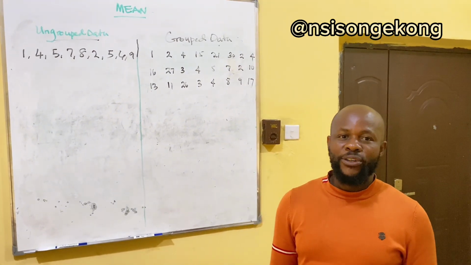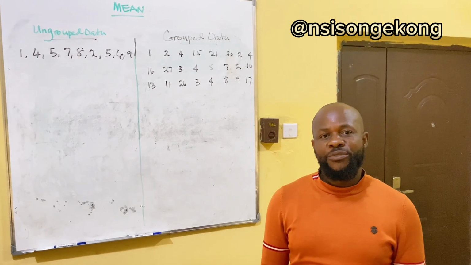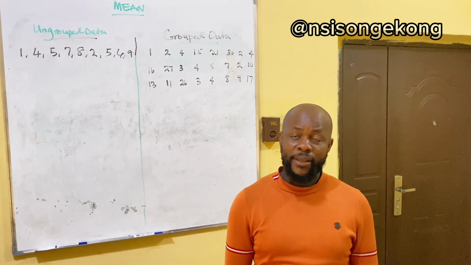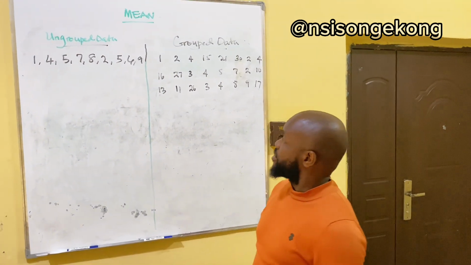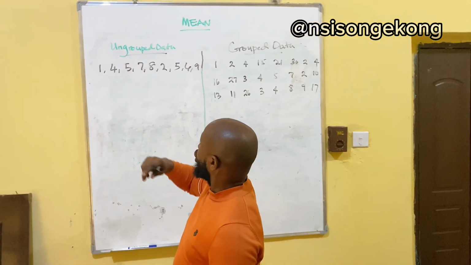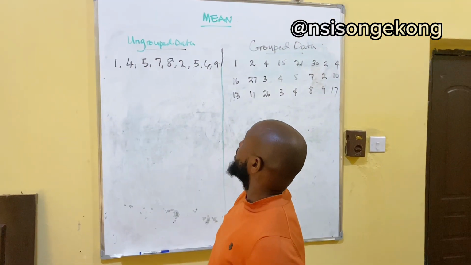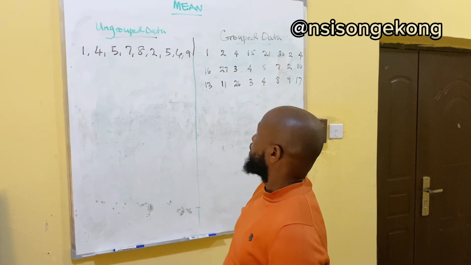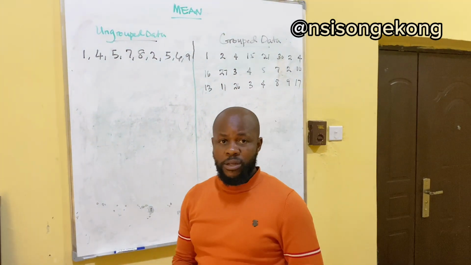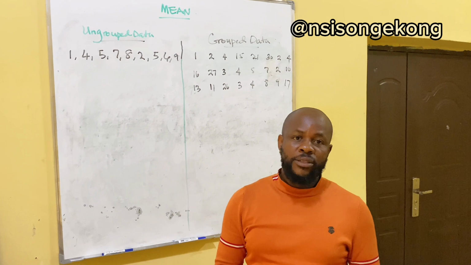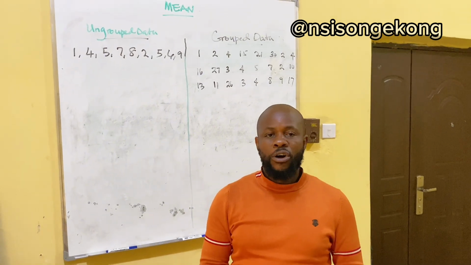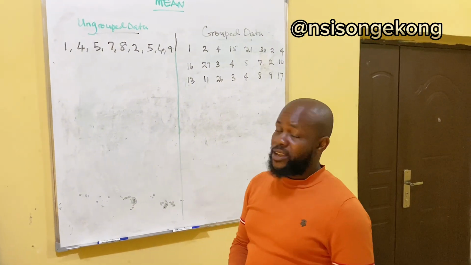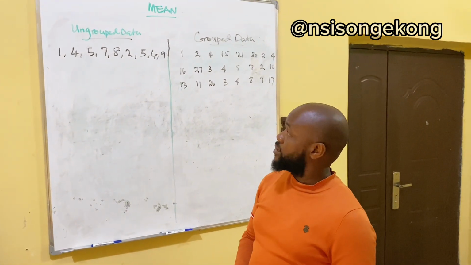Today I want to talk on the mean. If you're given a group of data, I can get the mean of the data set. Here on the board we have an ungrouped set of data, and how do we get the mean of the data set? Mean is a very important concept in statistics because it is a representative of all the qualities or attributes of a data set. And that makes it very vital for us to understand how to obtain